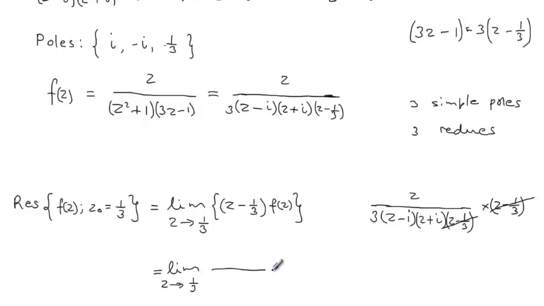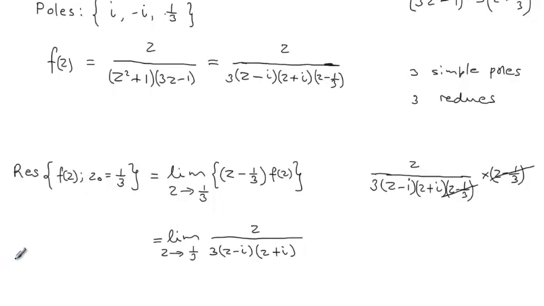That will be the limit of z over 3 (z − i) multiplied by (z + i). Now, if you recall your theory on computation of limits, you can see here that this